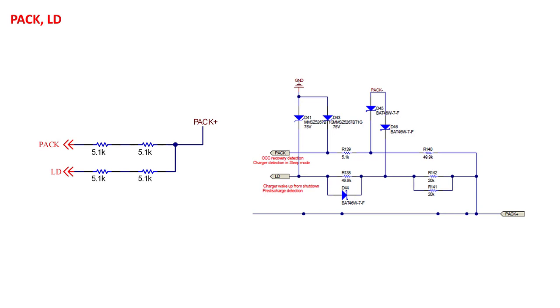On the right side, we have a more complex example from the TI reference design TIDA-010208. This reference design accounts for an application where a high voltage of 120 volts may occur on the PAC+ connection due to regenerative charging. Here, two 75 volt Zener diodes, D41 and D43, are used to clamp the voltage on the LD and PAC pins when the higher voltage is present to prevent going over the absolute maximum allowed by the device. Schottky diodes, D45 and D46, are to prevent the PAC and LD pins from going significantly negative in the case of a reverse charger connection.